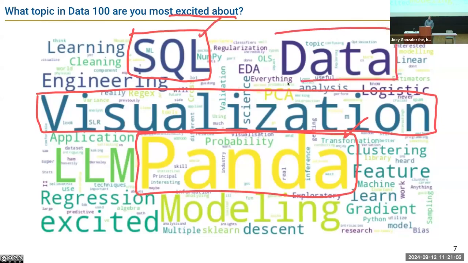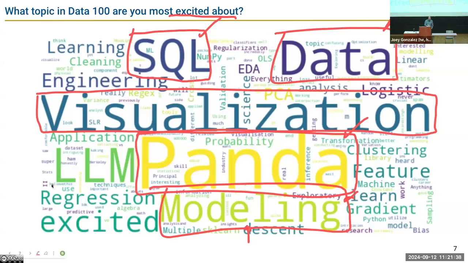Data. I'm excited about data too. Data is awesome. I'm guessing you meant Data 100, but we'll just go with it. This class is all about data, and being excited about data, EDA is that, and what we can do with it. Modeling, we'll do a fair amount of modeling. In fact, the second half of the class we dedicated to modeling, so you'll get a chance to model away. We'll learn various kinds of models for various kinds of modeling problems. But more importantly, you'll learn a general pattern of techniques that doesn't just apply to modeling in this class, applies to all modeling. And one of those such modelings is this.